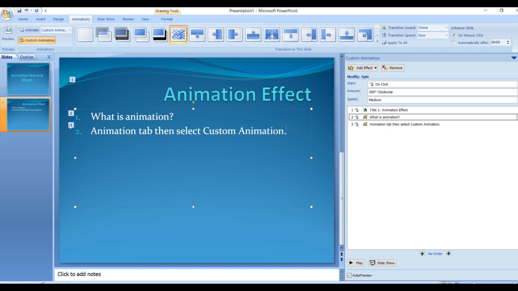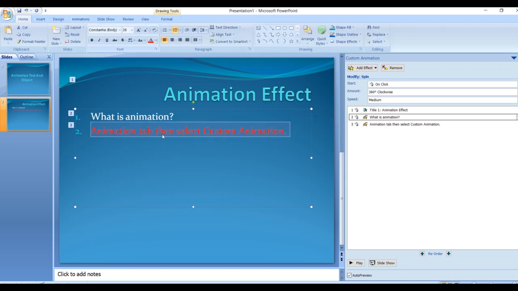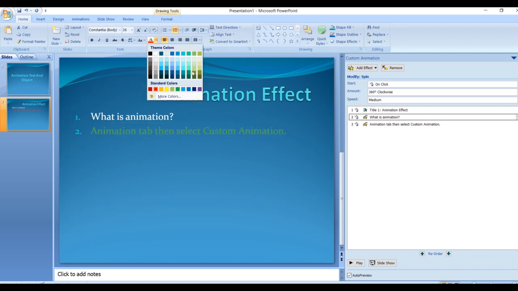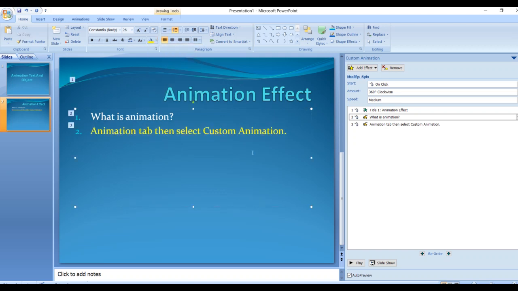So these are our steps. I'll just give these steps in a different color.